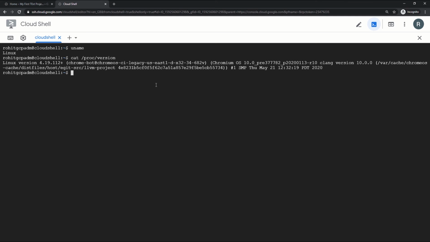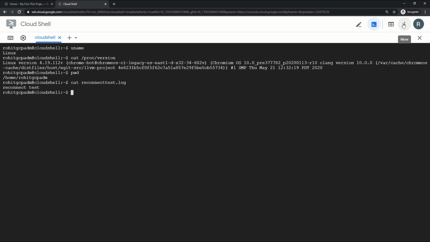One more thing we will check: we created a file on the E2 small machine, so let's see if that file is available on E2 medium. It's available. Whatever type of machine Cloud Shell is using in the background, as and when the machine comes up, it will attach your persistent disk of 5 GB and whatever files are there, you can access them.